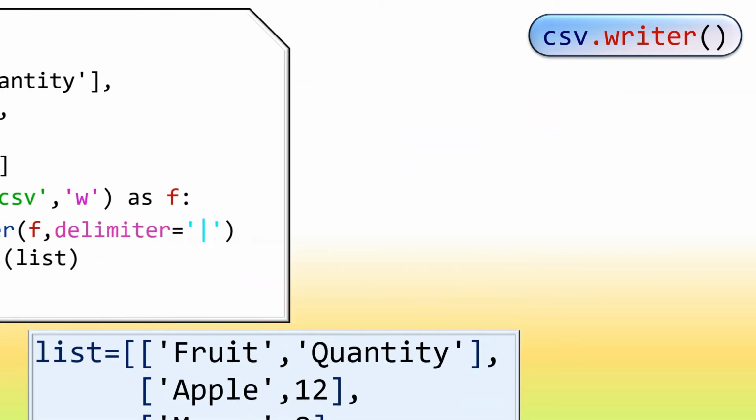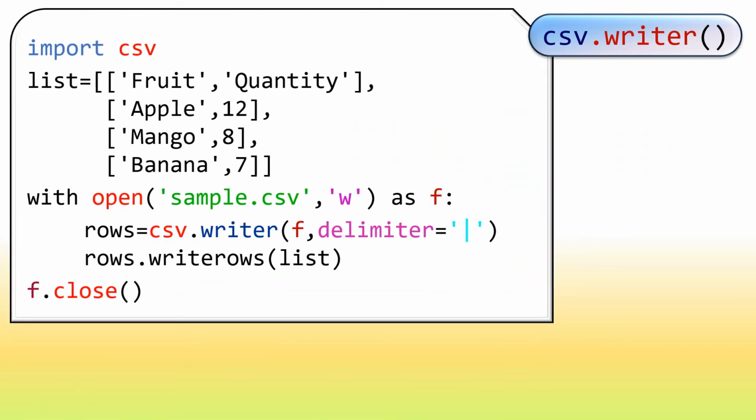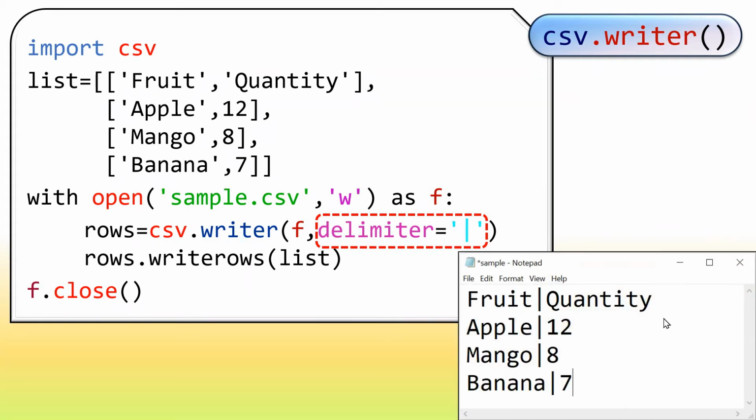For that, in the csv.writer function, you have to give the additional parameter delimiter equal to pipe. Here I have chosen pipe as the custom delimiter. After executing this program, you open sample.csv in Notepad. You can observe that comma is replaced with pipe as the delimiter.